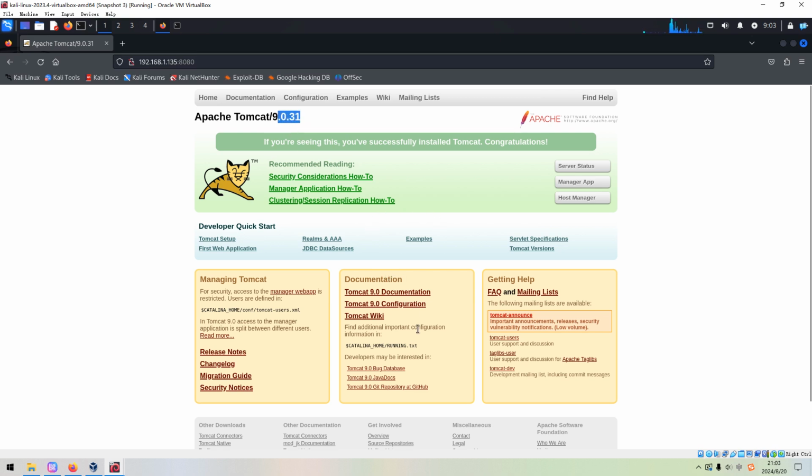I think we have already done similar machines, and I think Metasploit has one module which can brute force the credentials for the manager app, and I think you can check it out. Maybe I will add the link into the description section below as well. We can brute force the credentials for this manager app. If we can, then we can upload the WAR file. This is some sort of JSP application or payload,